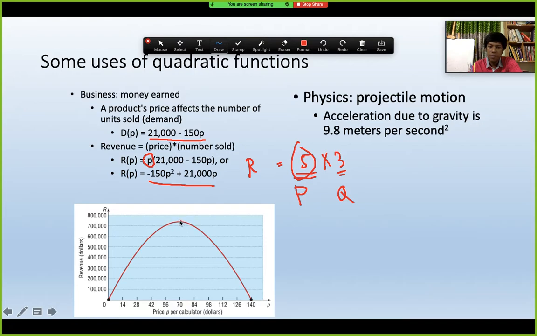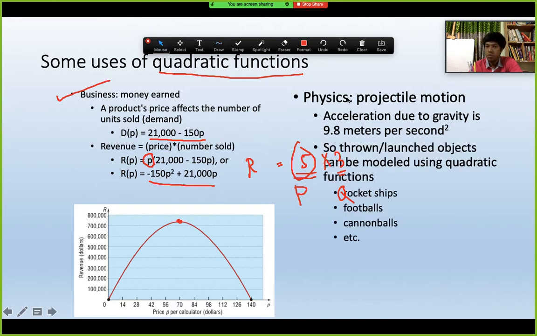From the graph, actually this is the maximum point. From the maximum point we will understand a lot of things, and we can analyze these maths from different angles. So this quadratic function helps us to understand business related maths very well. And projectile motion also, you see,